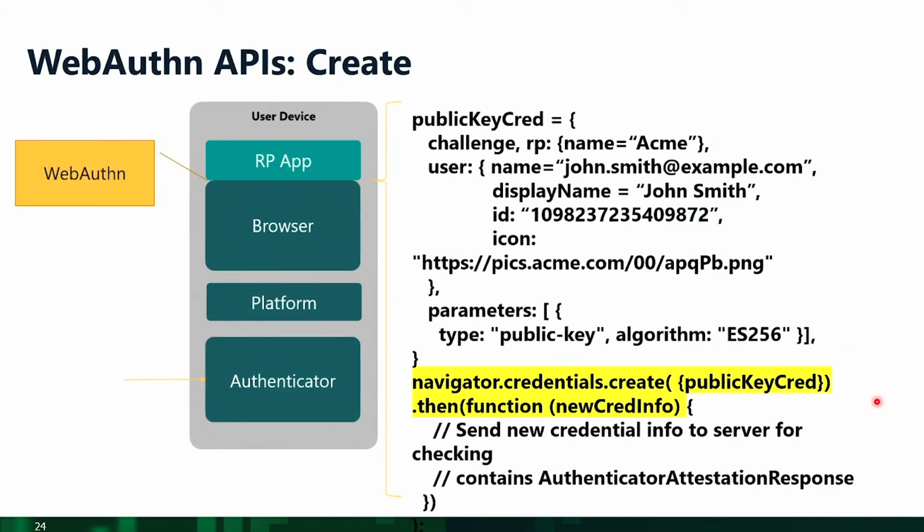So just giving you an idea of what, in general, the JavaScript setup might look like for this. You'll see that you create a structure here which contains information about the user that the relying party wants to create the credential for authentication. And then there's just a simple call to create the credential based on the information. The result of this is that it provides back the public key and the attestation information to the relying party to prepare it for